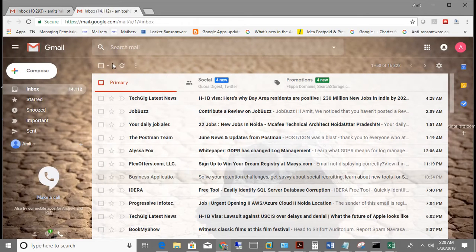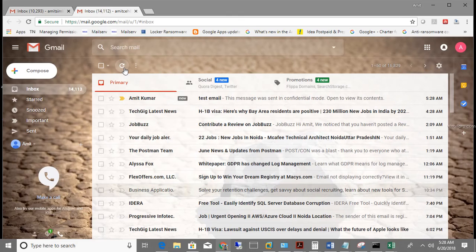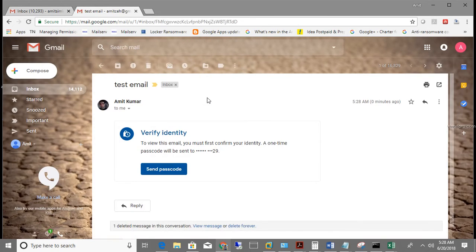Now I'm going to refresh the inbox on the recipient end. Now I received this email with the subject line which I mentioned at the sender end. I'm just accessing the email. Now I can see there are some differences in the email which I received.